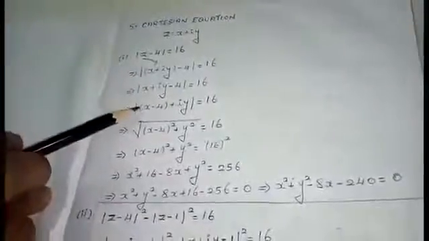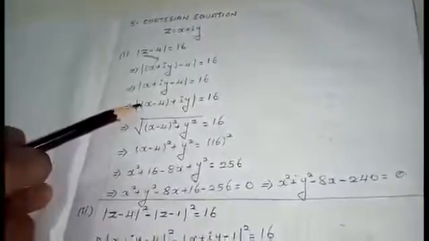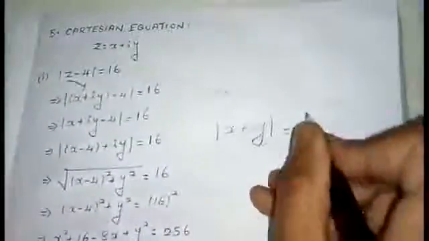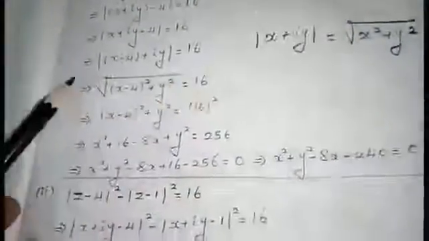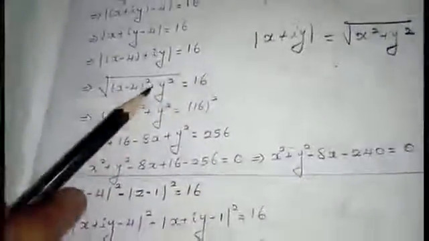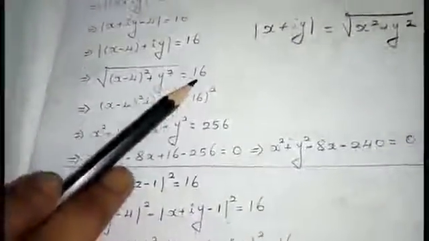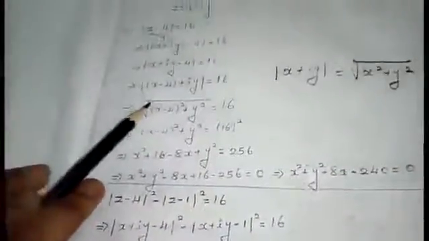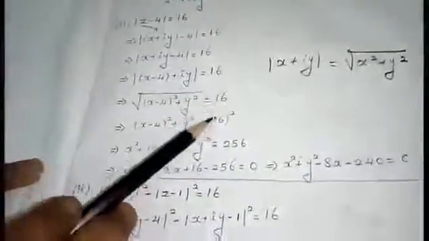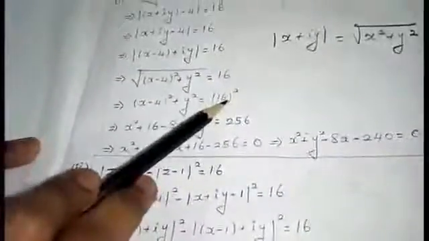After replacing, I am just arranging the real part and imaginary part separately inside the modulus. After arranging, what is the formula we will be applying for x plus iy? Modulus of x plus iy is nothing but root of x square plus y square, that is, real part the whole square plus imaginary part the whole square. The same way I have done here. Square root of real part the whole square plus imaginary part the whole square equal to 16. Taking the square root to the other side, you will get 16 square.